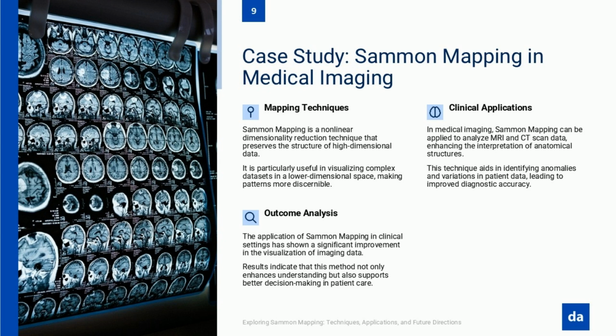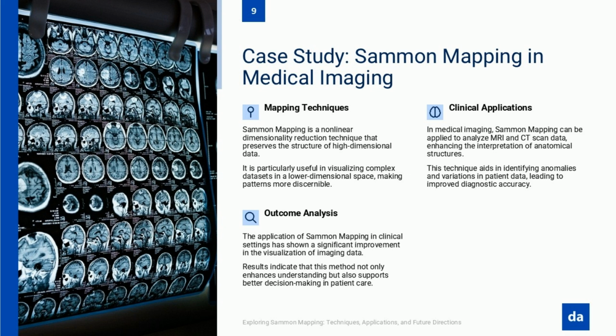Another use case is tumor classification. High-dimensional radiology scans contain vast amounts of pixel and voxel information, making direct analysis difficult. By applying Sammon mapping, researchers can visualize how different tumor types cluster based on molecular composition and structural similarities, improving